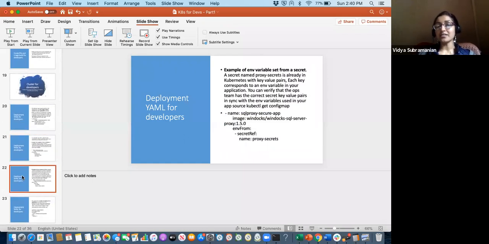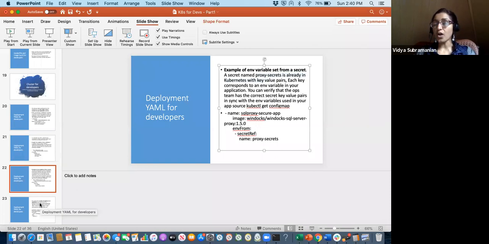Yet another example from a deployment YAML perspective could be how the proxy secrets need to be called out. That again, with the key value pairs. These are common use cases.